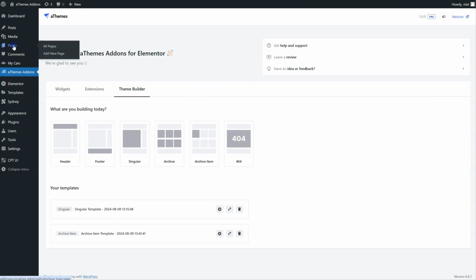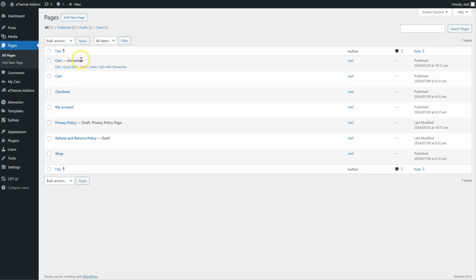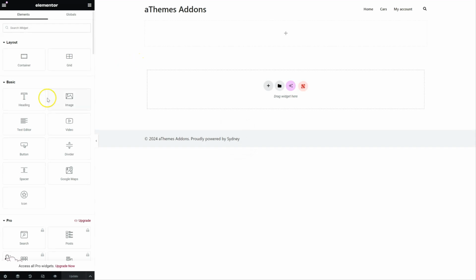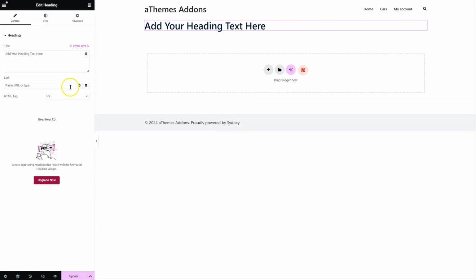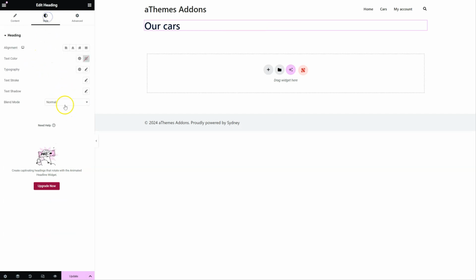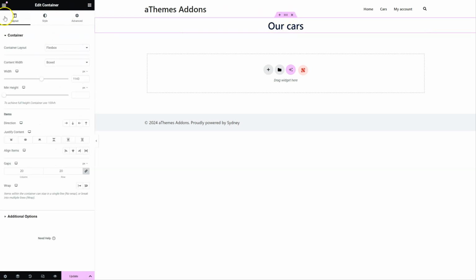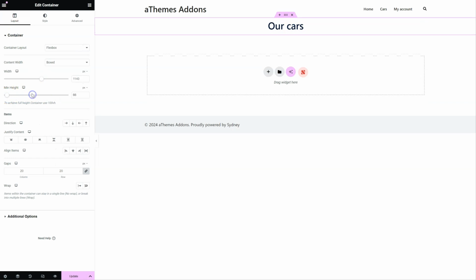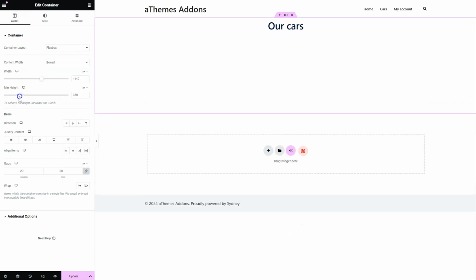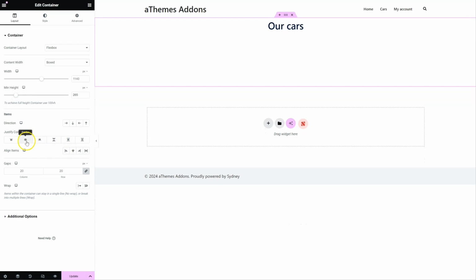close this, and I'm going to go to pages. I already have a page here called cars. This is where I want to display my cars. So I'm just going to add a title. Just say our cars, put this in the center, make this a bit bigger like this. Okay,